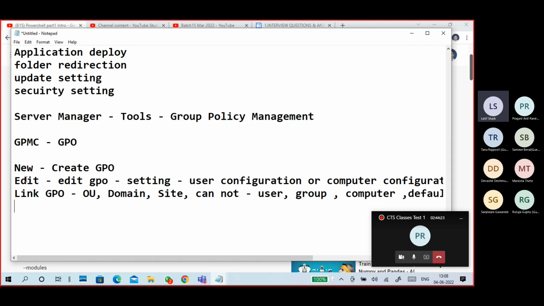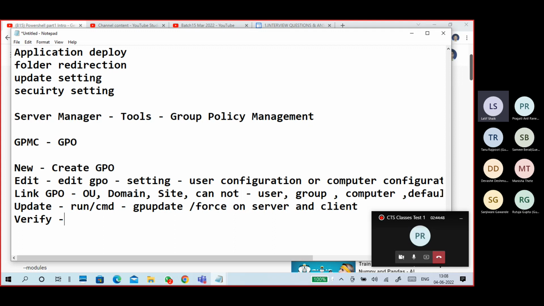Then we have to refresh, update policy. Go to Run or CMD, and put gpupdate /force on server and clients. Next is verify. Go to clients.